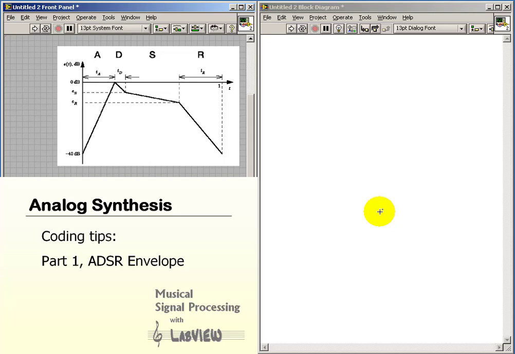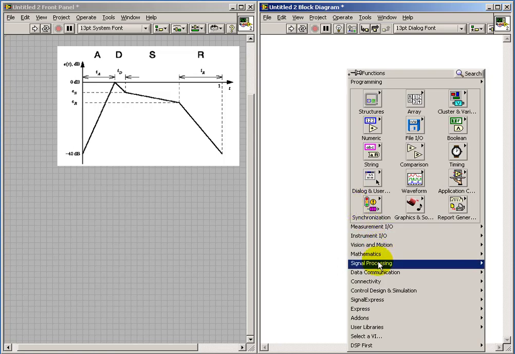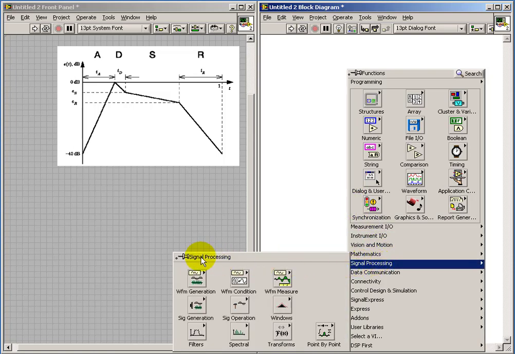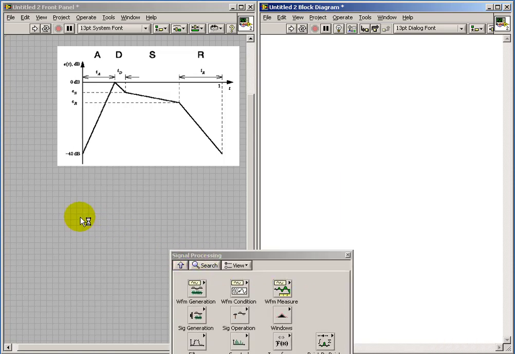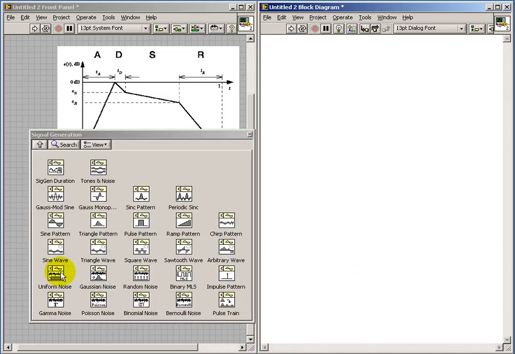In this first part of the mini project, you need to develop a sub-VI that can generate the attack, decay, sustain, and release portions of an envelope as specified according to the drawing. Let me illustrate a couple different techniques, and of course there's probably many others, but here's just a couple ideas